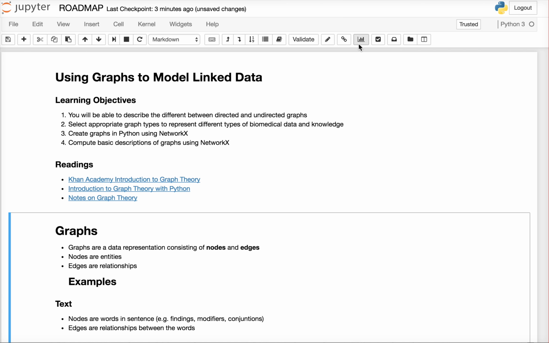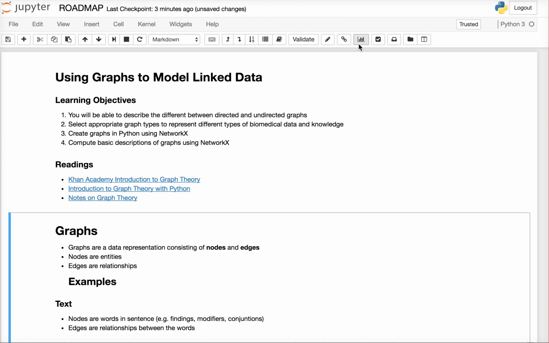In this module, we're going to explore data that are best described by the relationships between entities. And this will be done using graphs or networks. While this is exploratory, at the end of this, you will have an understanding of the different types of